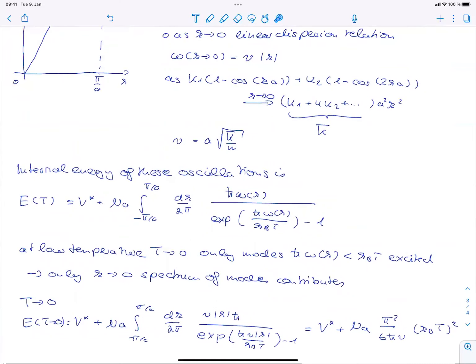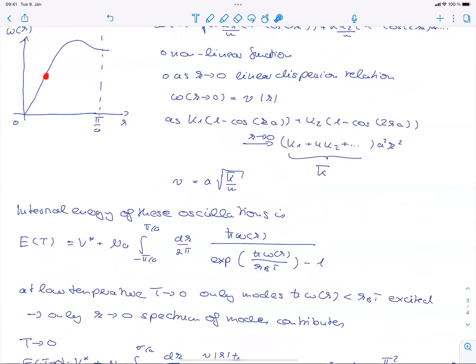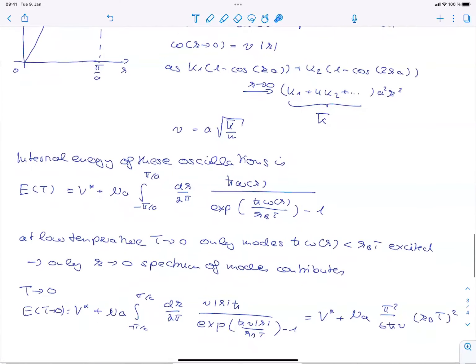And so I may not necessarily care about the exact value of this curve here. What I care about is that it's linear,